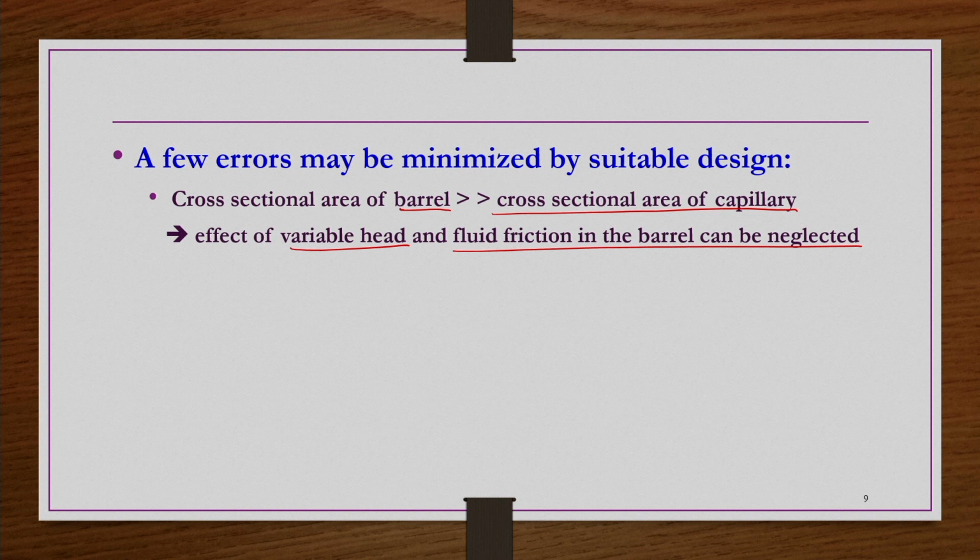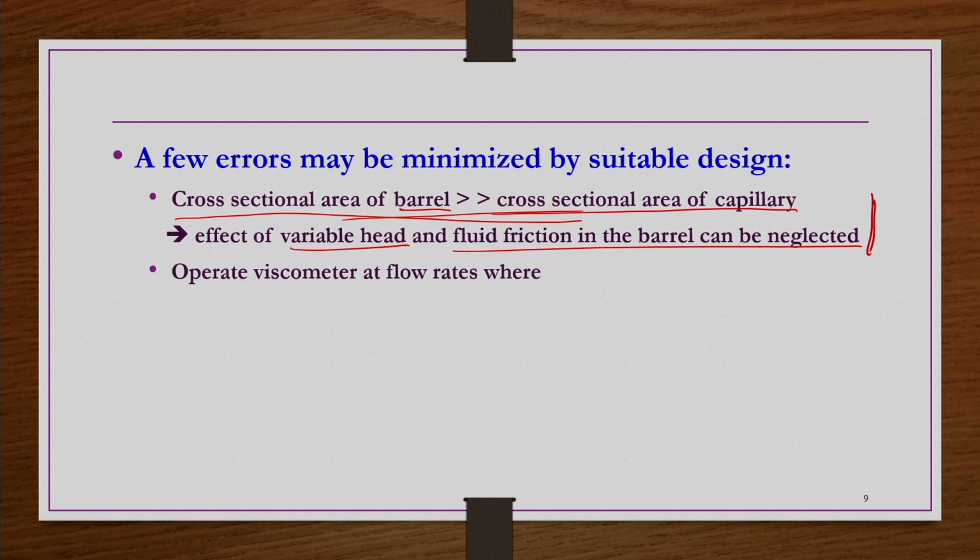That is true also in most of the cases. Barrel diameter is very much larger compared to the capillary diameter. Capillary may be 1 mm, 2 mm diameter only in general, right. At the max you may be using 5 mm diameter capillaries, but barrels may have a diameter of something like 50 centimeters or 20 centimeters. So, obviously this is taken care of in most of the capillary viscometers by default without making much changes. But of course, if such conditions are not maintained in the design, then you can take this point into consideration.